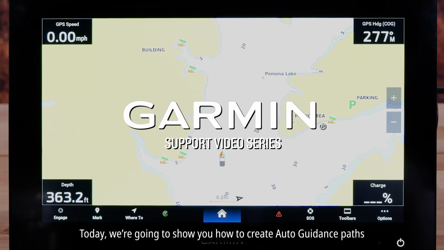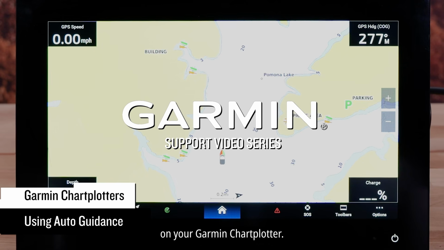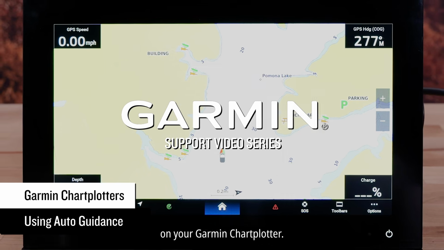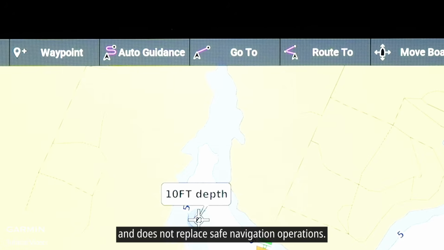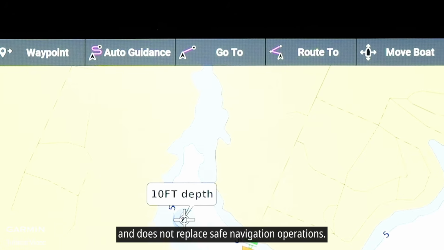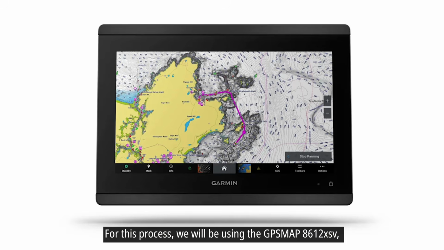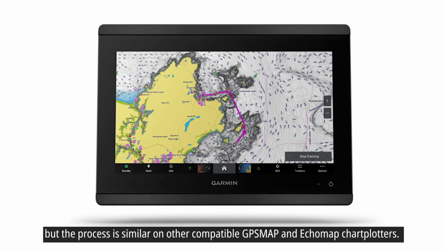Today, we're going to show you how to create auto guidance paths on your Garmin Chartplotter. Auto guidance is for planning purposes only and does not replace safe navigation operations. For this process, we will be using the GPSMAP 8612 XSV, but the process is similar on other compatible GPS